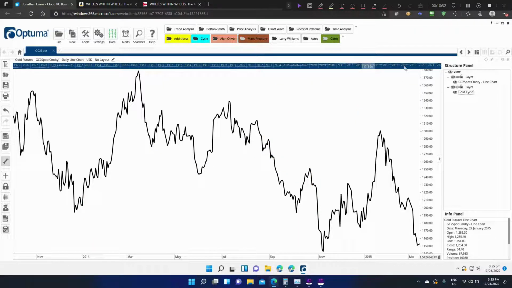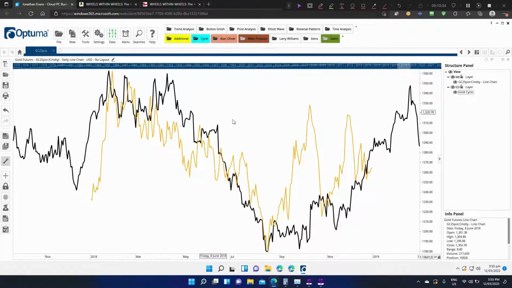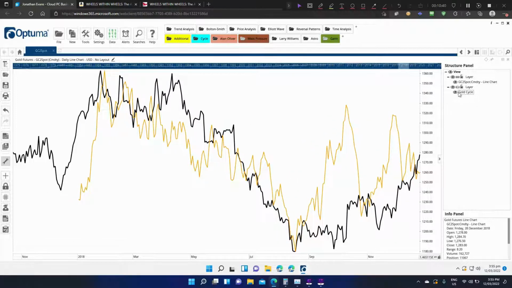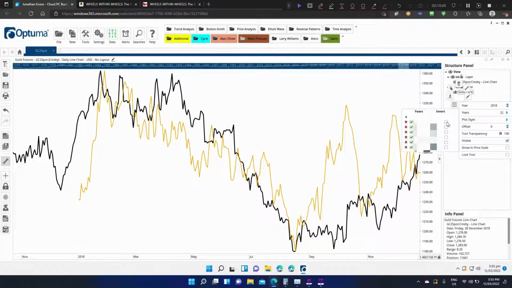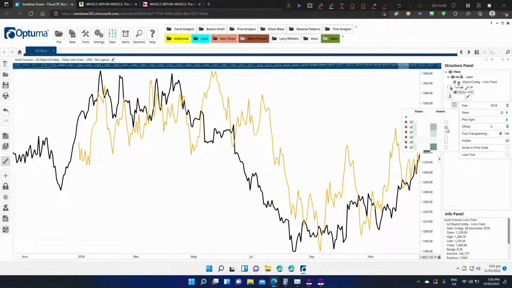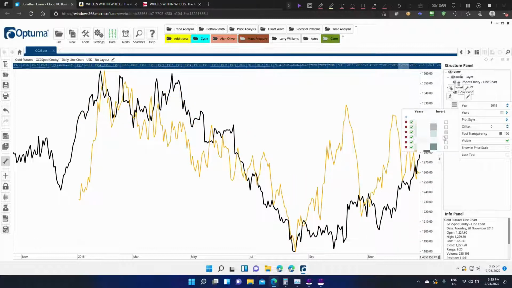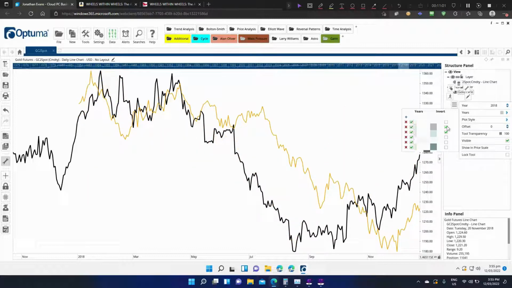Let's go out. 2018, as you can see, on the cusp of things, you don't really need to flip the cycle. The cycle played out pretty perfectly. If we could try and refine this, we could see what ones were inverting. Nope, did not invert. You get the sideways action, but it comes out too far for my liking before the sharp sell-off, and then it's too choppy here, so that's probably not the cycle that flipped. That cycle probably didn't flip, though we could play around to see which other ones.